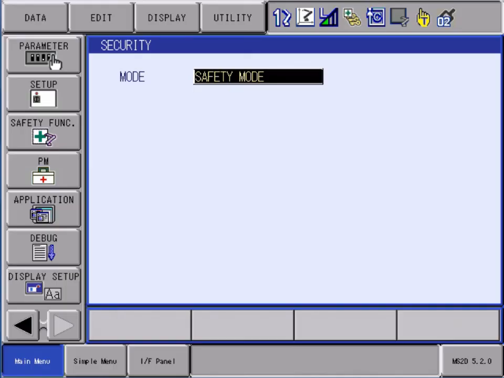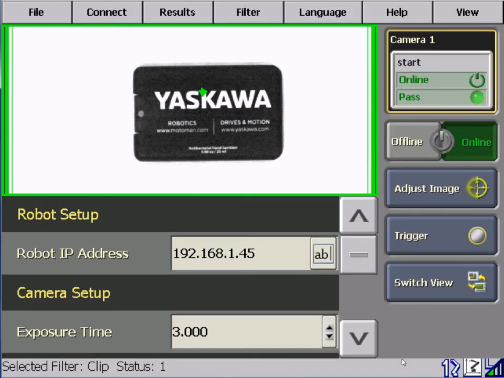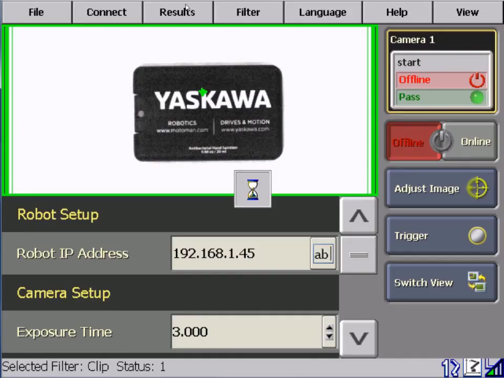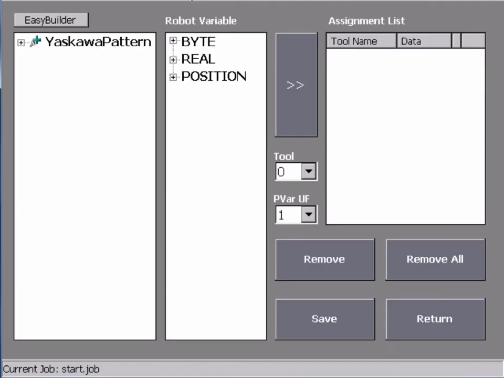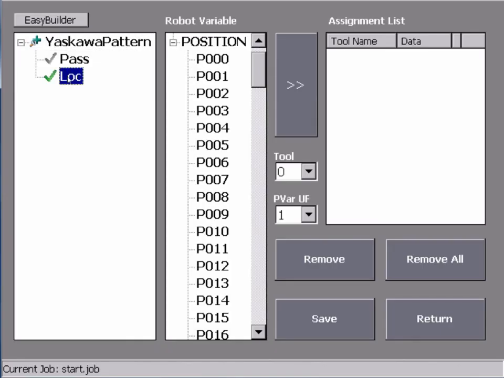Now, let's bring the data from the vision tool programmed in Insight Explorer to the DX200. We are going to use the MotoSight2D Teach Panel application for that. Go to Associate Variables and you will see all tools created in Insight Explorer on the left column. The middle column displays the controller variables available for assignment. On the right, you can see previous assignments. Let's assign Yaskawa pattern location to P5 and Yaskawa pattern pass to